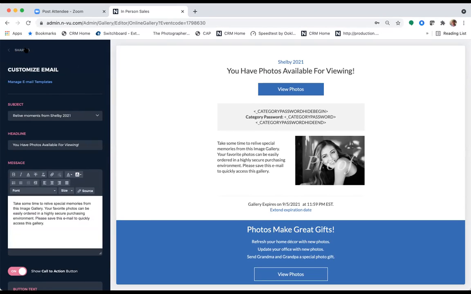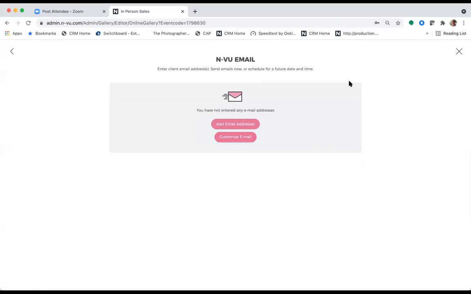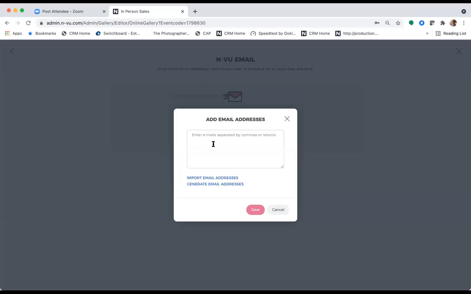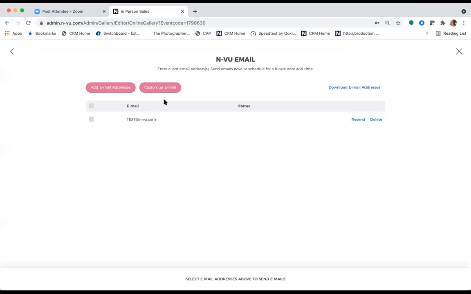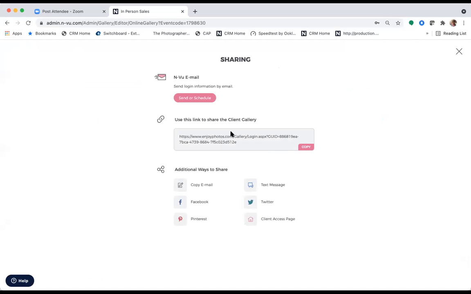And then you can hit save. And once you hit save, go back to sharing. And once you're ready to share, you would just add the email address here. Hit save. And now you would select that and send now, or you can schedule to send it, or you can resend. So I'm going to send now. And now that's sent. It says it's queued to be sent. Also, any emails that come through that you want to download, you can do that right here. But now I'm going to go ahead and go back, and I'm just going to copy this, and I'm going to paste it